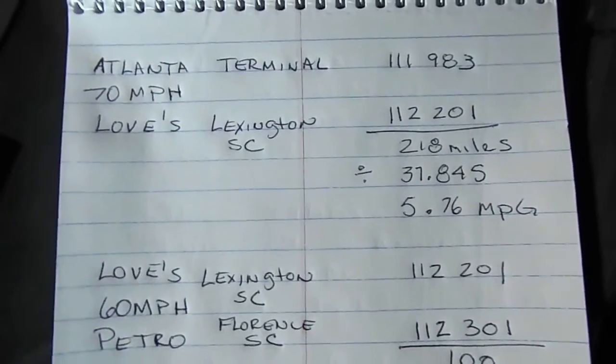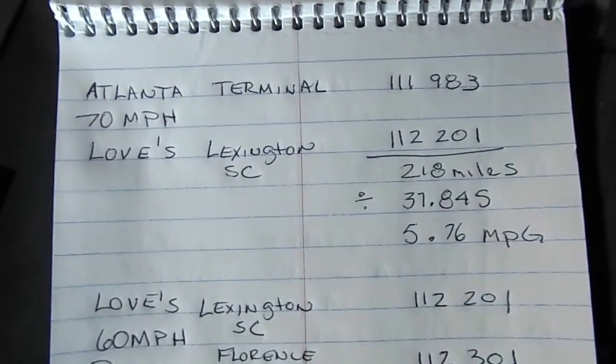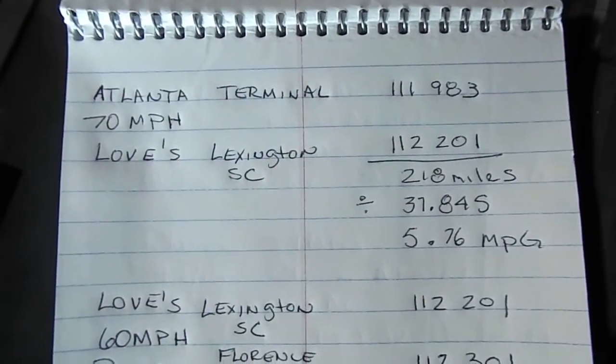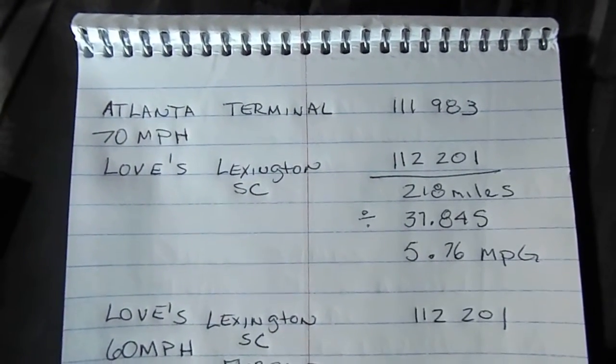I finally figured it out. Alright, let's start at the top. The Atlanta terminal is where I started at and I filled up at. And my mileage was